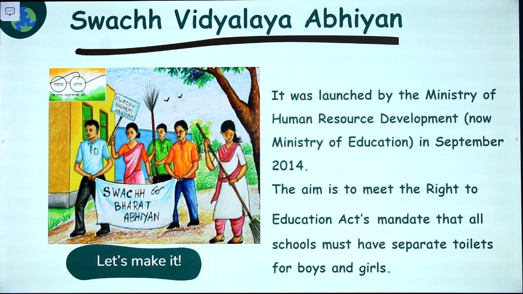The second campaign is the Swachh Vidyalaya Abhiyan. It was launched by the Ministry of Human Resource Development, which is now known as the Ministry of Education, in September 2014. The aim is to meet the Education Act's mandate that all the schools must have separate toilets for both boys and girls. You should always keep your school clean, protect the plants and the trees around your school,